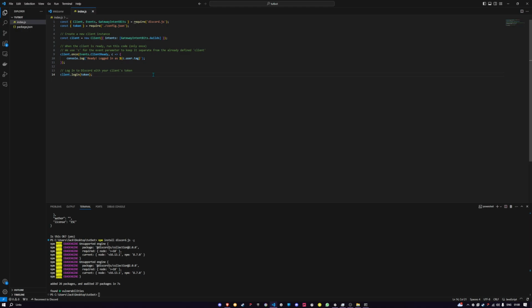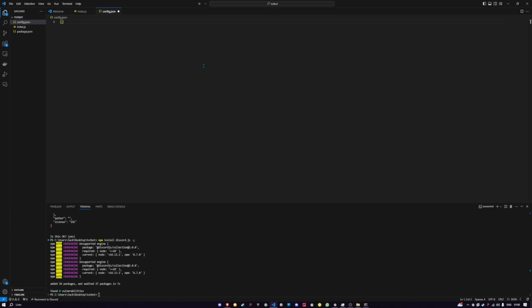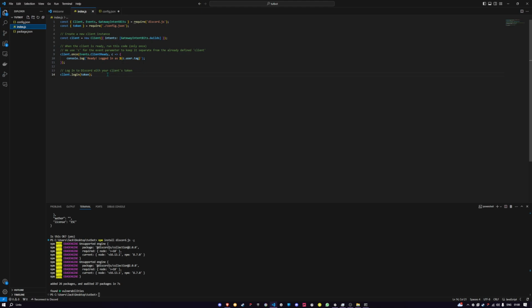So yeah, now we're going to create a file. We're going to call it config.json. Inside here, we're going to open curly brackets, type quotes token, and you're going to put your bot token inside in here. Once you've got that done, you could start your bot right now, and it would start and say logged in, but it's not going to do anything. So